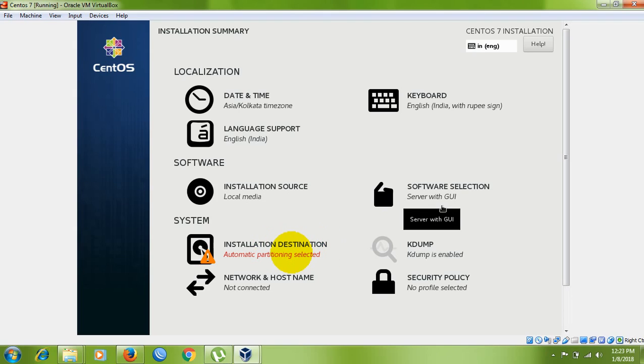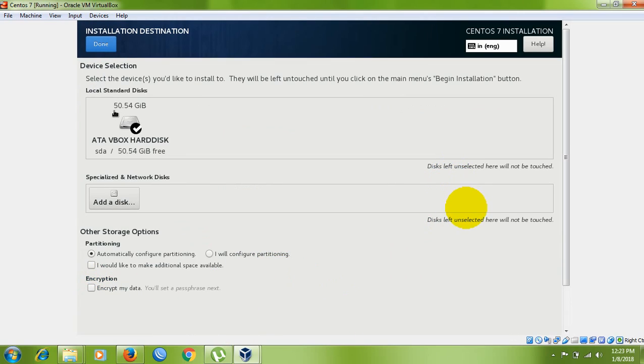Yeah, it's done. As you can see, the installation source is chosen as local media, and software selection is selected as server with GUI. So go for the further process, installation destination. I am going to select my complete hard disk here. As you can see, here is the option called other storage options, which asks you about the partitioning. As a beginner, I don't want to make that partition